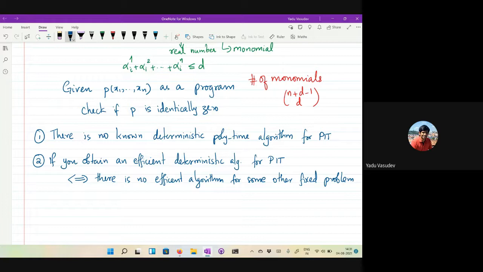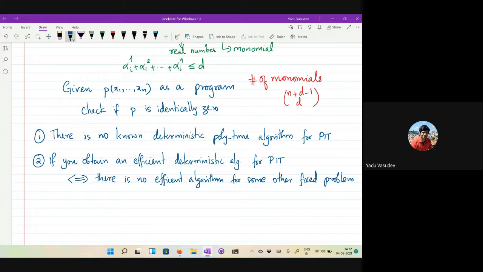So that way, PIT is a very central problem in an area known as complexity theory, right? There is a tremendous amount of work that has been done to understand PIT and to design efficient deterministic algorithms for PIT. We haven't made much progress on this. We know efficient algorithms for PIT when the programs are of certain types and so on. But otherwise, it's a very important open problem in complexity theory, which has a lot of connections with a lot of other things. So it's a very central question, right?